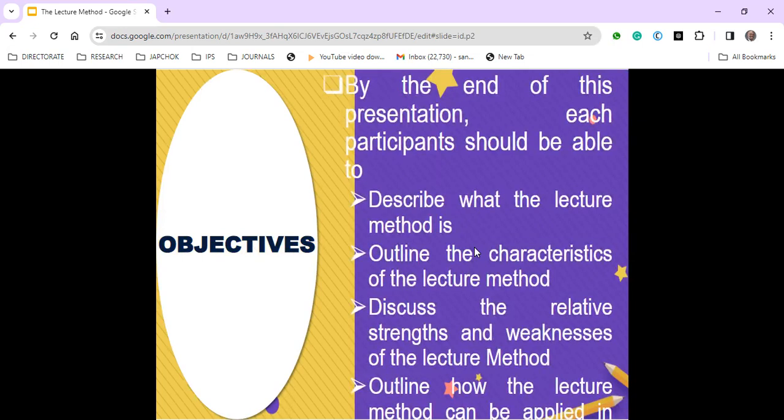By the end of this lesson, each of you should be able to describe what the lecture method is. You should be able to outline the characteristics of the lecture method. You should be able to discuss the relative strengths and weaknesses of the lecture method. You should be able to outline how the lecture method can be applied in practice,